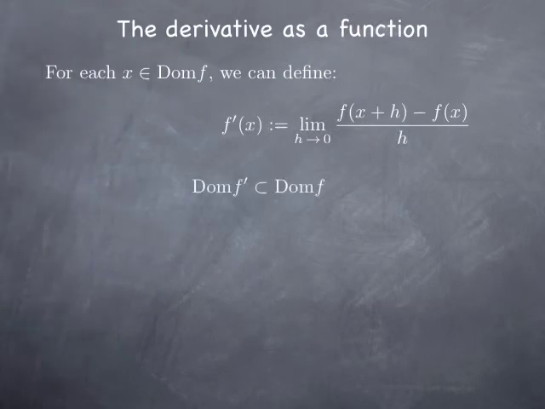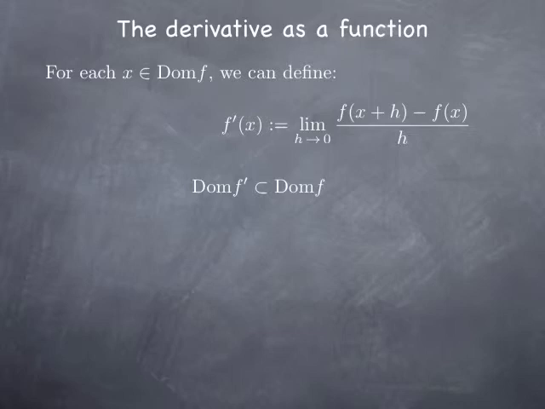Now for each x in the domain of f, we can look at f prime of x, the derivative, and the defining limit may or may not exist. But whenever it exists, to x we associate a new number, f prime of x. So this way, we define a new function that is derived from f, and we call it the derivative function